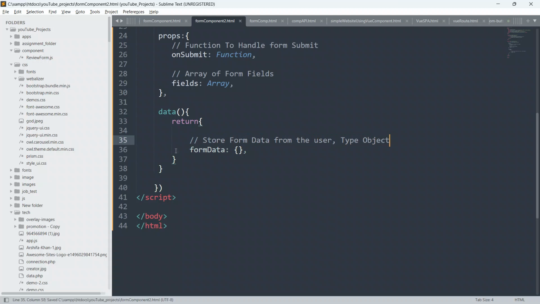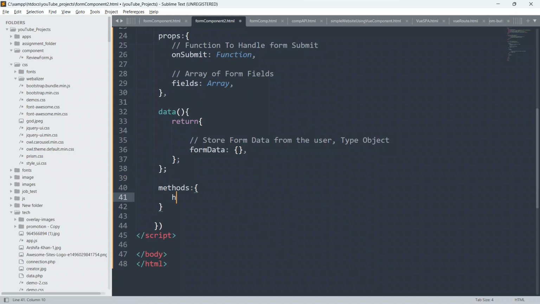Okay, as you can see here, the form data, and as of now this is an empty object. Okay, so now guys, we will create our template. So first of all let's just create a methods also. So below this we will define the keyword methods and put colon and put open and closing curly braces, and inside this we have to define our methods.